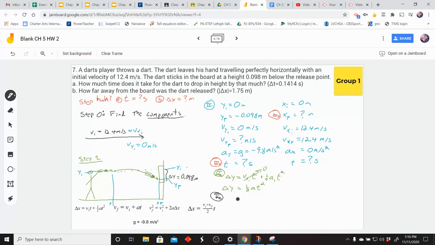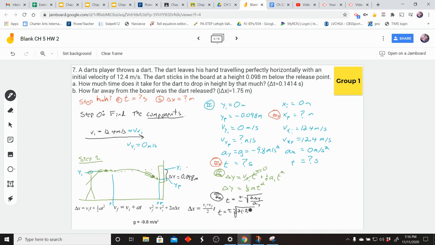So if I solve all this for t, what am I going to end up with? I'm going to end up with t is equal to plus or minus the square root of 2 delta y over a sub y. If you don't believe me, do the algebra yourself. You will see that that is correct. So we've got that. You end up with t is equal to plus or minus the square root of 2 times delta y,